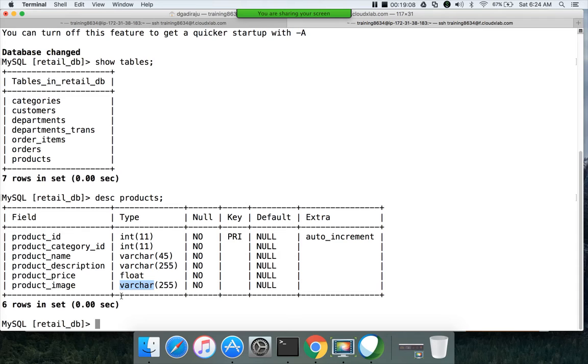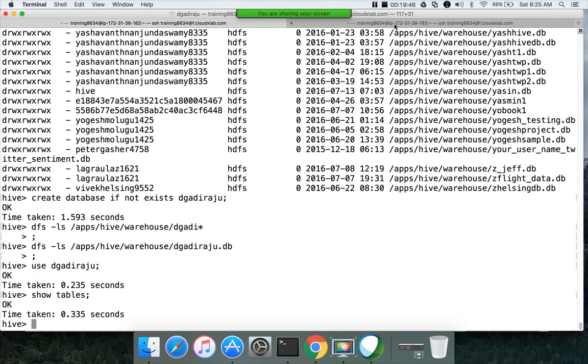Typically, when we create tables based upon some source tables, we try to use the same data types and precisions if applicable. However, the first thing you need to remember is that in Hive there is no concept of primary keys or foreign keys. There is also a concept of indexes, but it is not very important. Indexes are not managed by themselves, and a lot of people do not use indexes in Hive. They are not very robust.